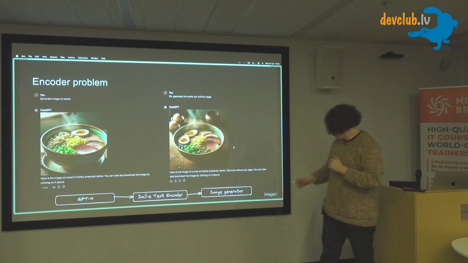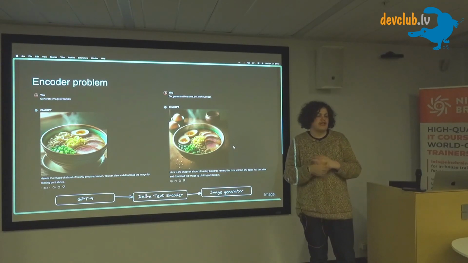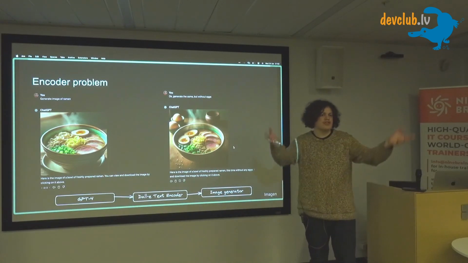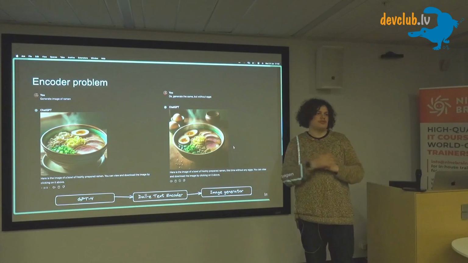And this paper called Imagen has proven that the main bottleneck right now in the generation is not in the diffusion itself, but in the text guidance. The text model cannot understand fully what should be generated, so it cannot tell the image generator what should be generated.